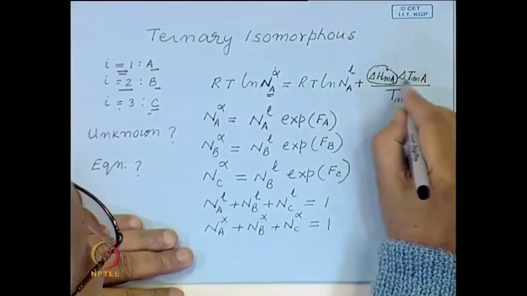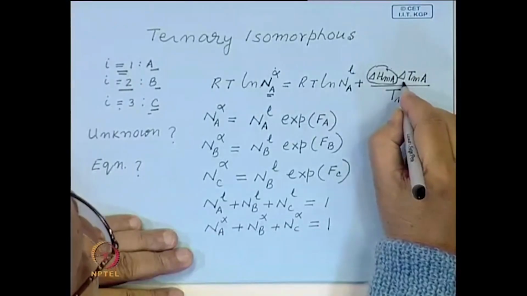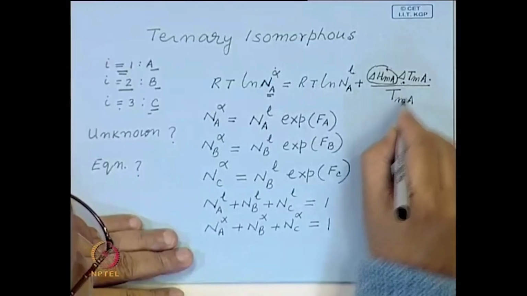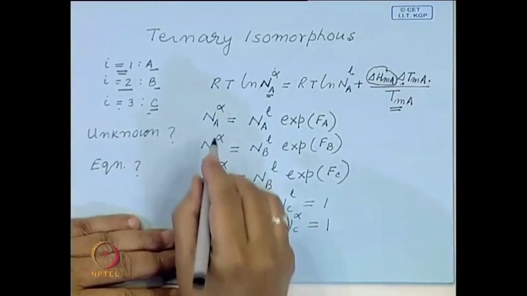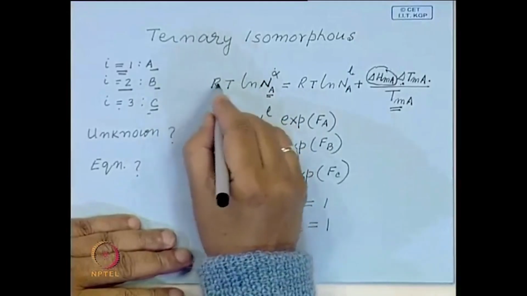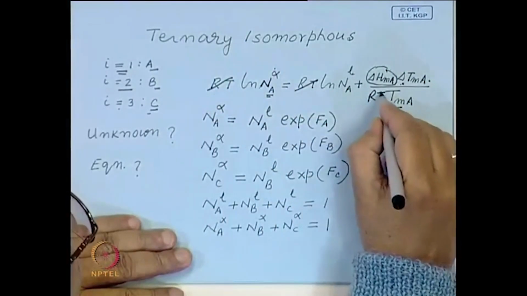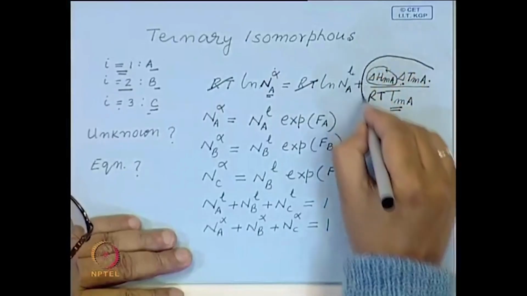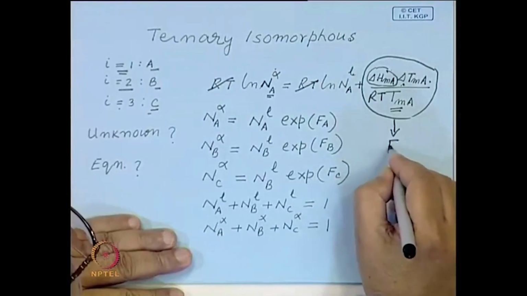This is the temperature difference between the temperature of interest and the melting point, and T m A is the melting point of A. And what we have introduced is, divide all this by R T, and we said that you assume this is a function